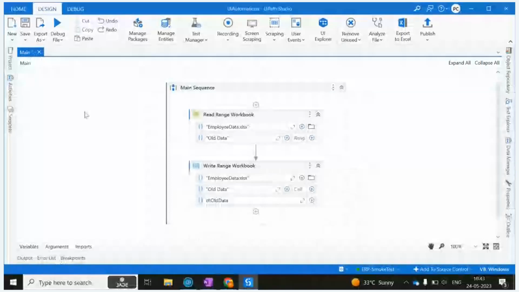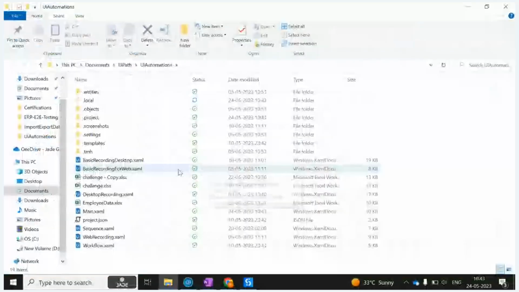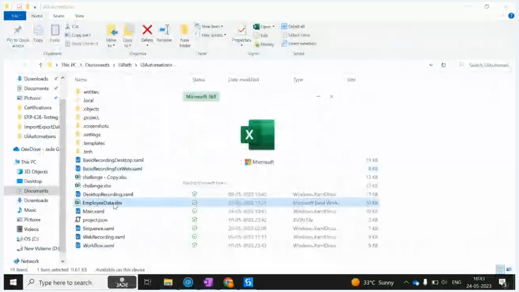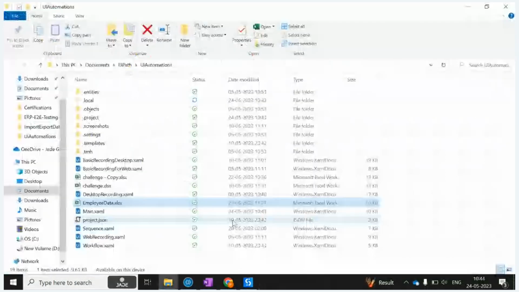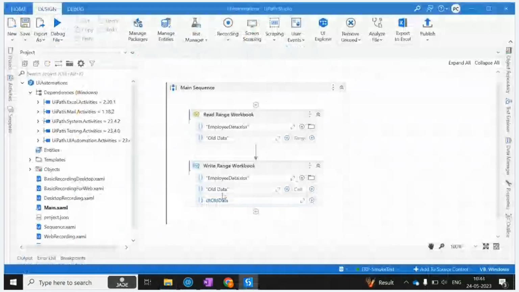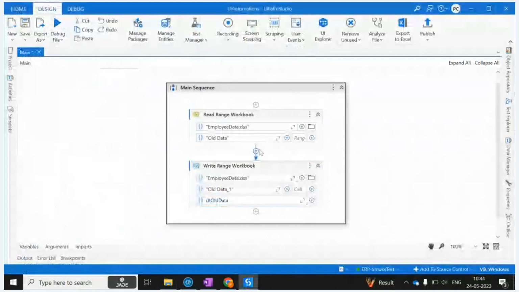So we have older data. We are dealing with old data, right? I want to filter the values where we don't have the date of exit, and write that into _1. So what I can do is I can use